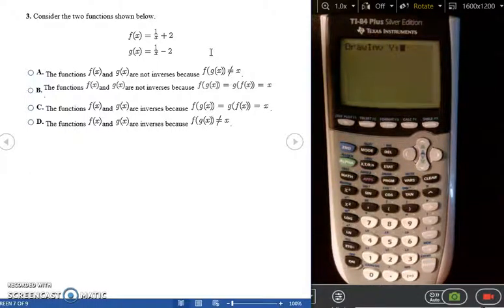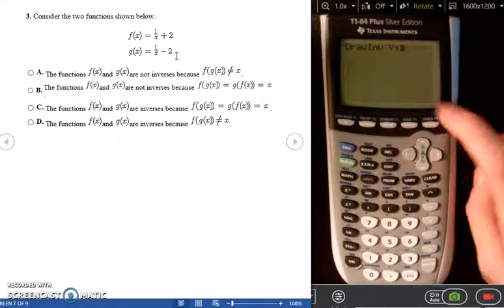And so now when it graphs it, it's going to graph f of x first, then g of x, and then the inverse. So if the inverse graphs right on top of g of x, then I'm good. I know that that's a function. I know that those are inverses. So I'm going to go ahead and press graph,